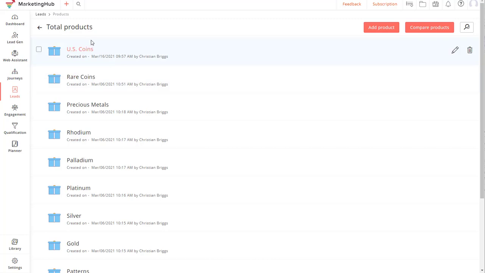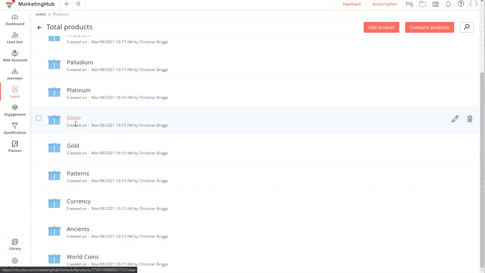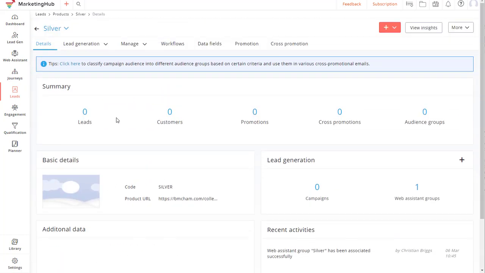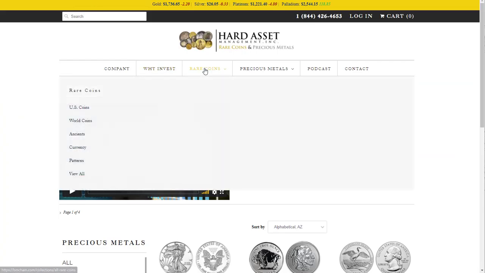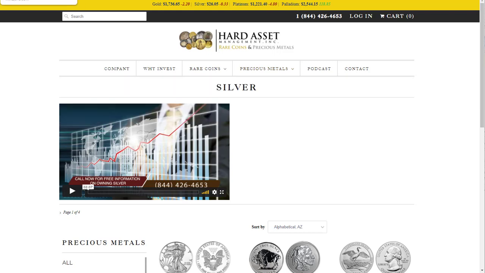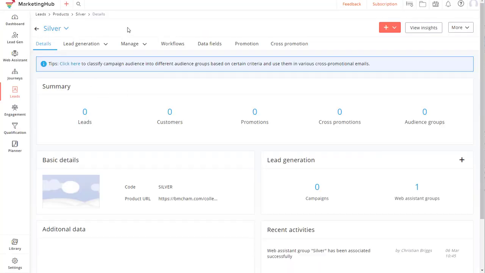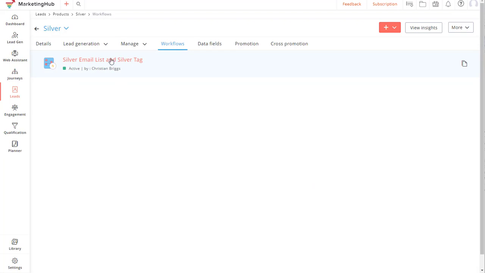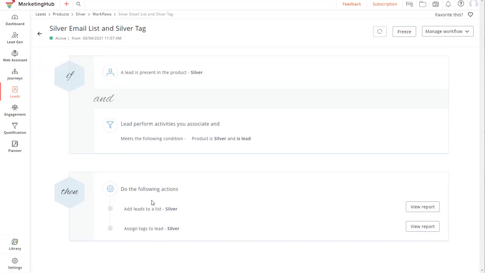In Zoho Marketing Hub, silver. If we sent someone an email and they clicked on, say, a link to the home page, as soon as they come here and clicked on silver, we have set that cookie using the Zoho Marketing Hub, so we know that they clicked on silver, and then that's going to add them to our product silver. We then add them to our silver email list and silver tag, which we can then create